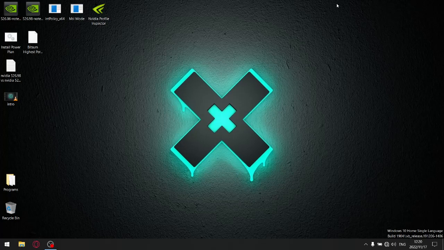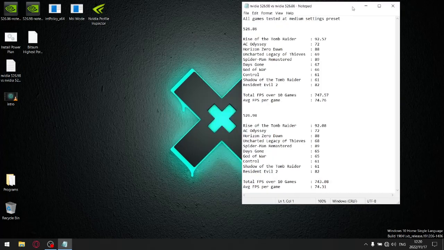Right, so let's get to the point of this video. In my benchmark, obviously here's the previous driver, here's the latest driver. All my games I tested at medium settings preset. I tested 10 games. I added up all the total FPS from those tests, and then because I tested 10 games, I divided that total by 10 and it gave me an average FPS per game. So for the previous driver, after adding up the total FPS over 10 games, I got 747.57 FPS, which gives me an average FPS per game of